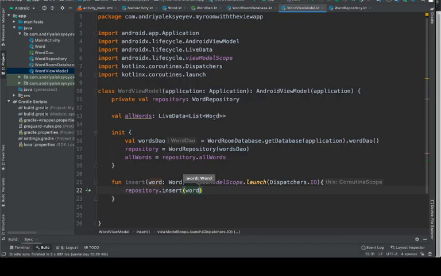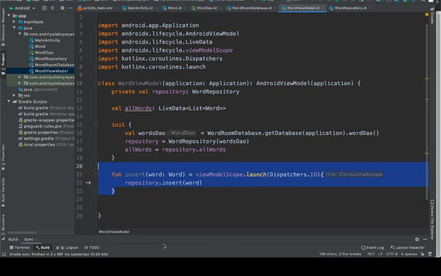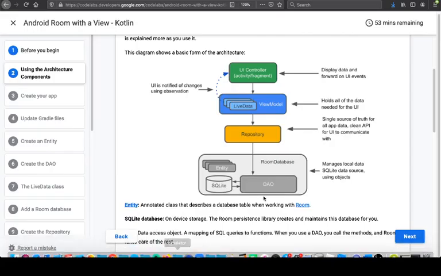All of it, we have live data. We initialize it here. We mentioned repository. We use coroutines to insert awards. Now, the next step is